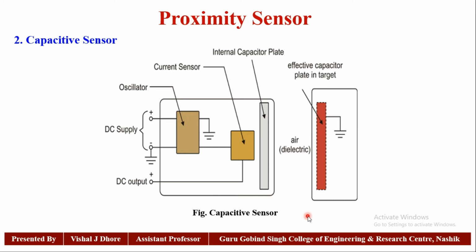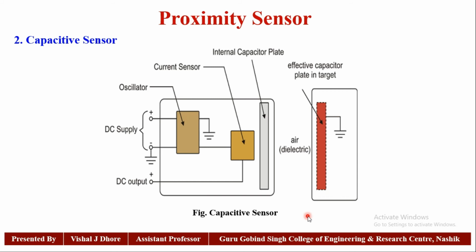Therefore, proximity of an object can be detected if one of the plates of the capacitor acts as a switch and the other acts as a metal object whose proximity is to be detected. In this figure we can see the circuit diagram of a capacitive sensor. The plate and object act as plates and air as a dielectric. As an object comes to the plate, the capacitance increases with